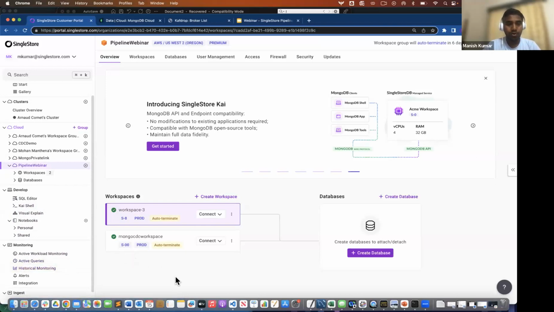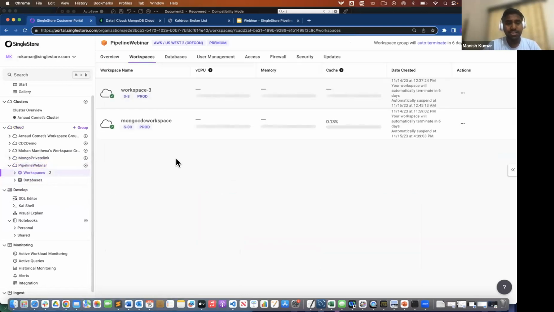I would want to go over the two demos that I talked about. The first one being ingestion from Kafka, followed by the one with the MongoDB CDC pipeline. So let's switch into this. As you can see, I have two workspaces that I have created here. One of them is what I'm going to use for my